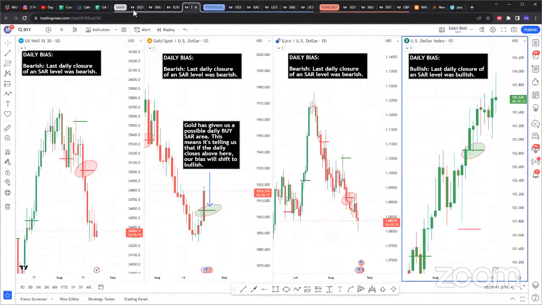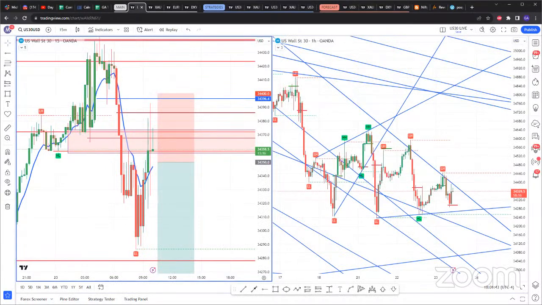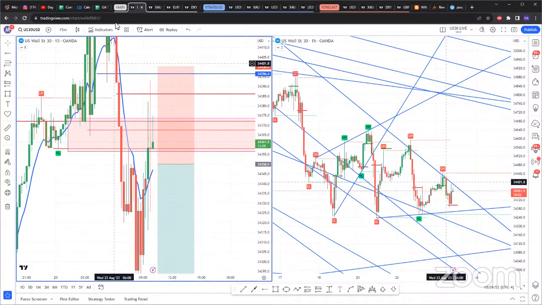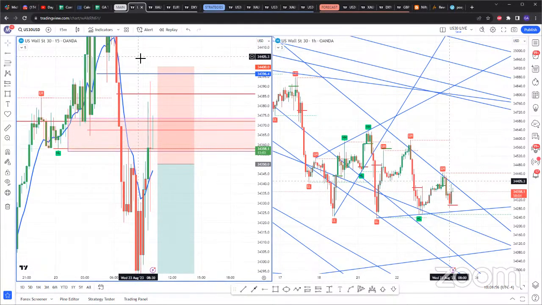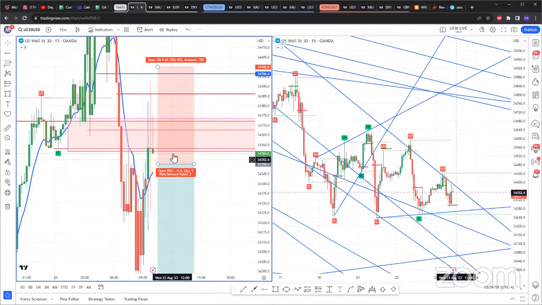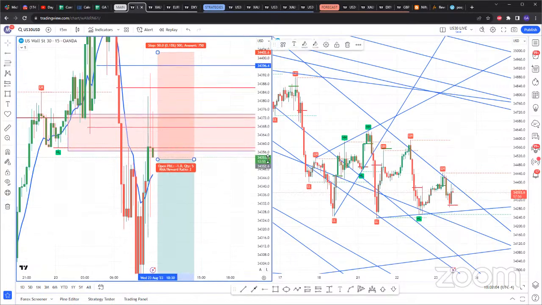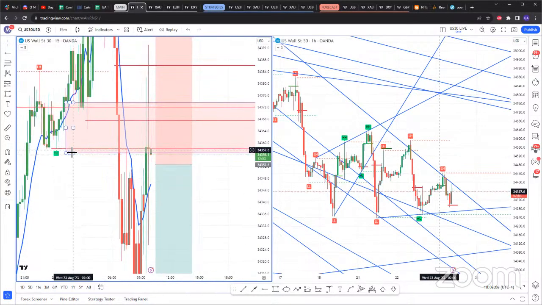Now for US 30, let's look at what we have right now. And I think we just had news pass. So I am still in my sell for US 30. Keep in mind, since I missed the sell in the morning, I just entered, I just looked for another entry. So I'm actually a little bit in drawdown. Again, keep in mind, it's not an official trade. This right here that I'm waiting for, that's the official trade. Now, this one is based off of, actually, it should be this double SAR because this one is far below.